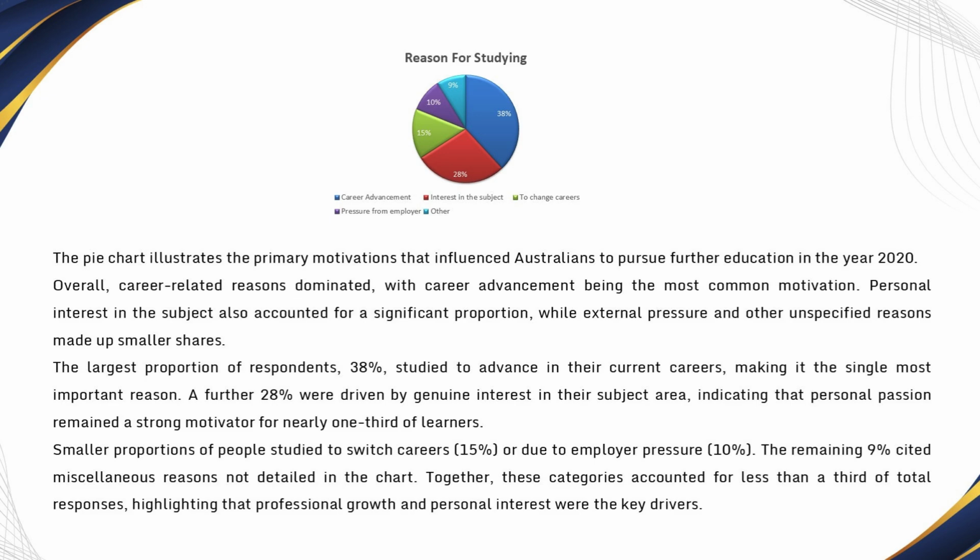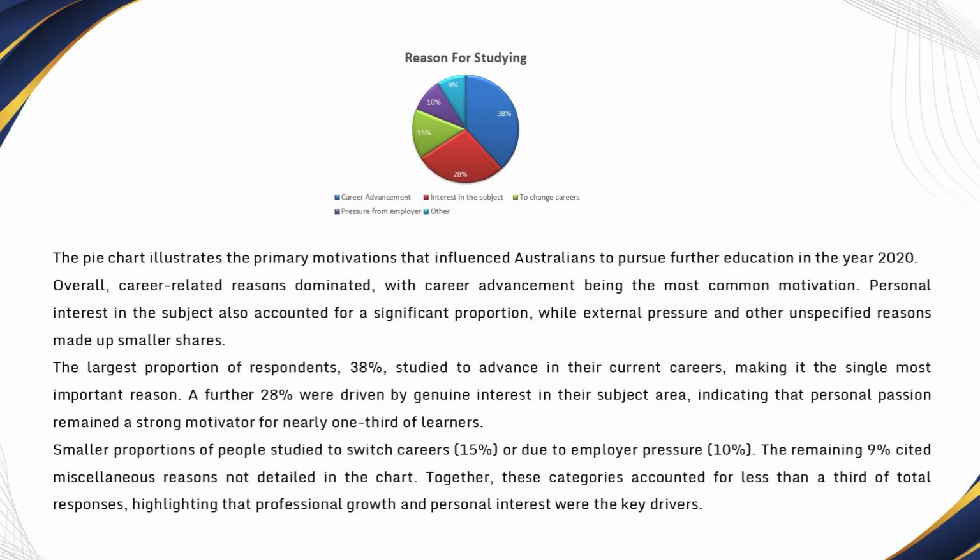The pie chart illustrates the primary motivations that influenced Australians to pursue further education in the year 2020. Overall, career-related reasons dominated, with career advancement being the most common motivation. Personal interest in the subject also accounted for a significant proportion, while external pressure and other unspecified reasons made up smaller shares. The largest proportion of respondents,